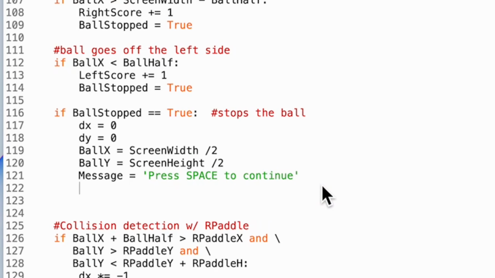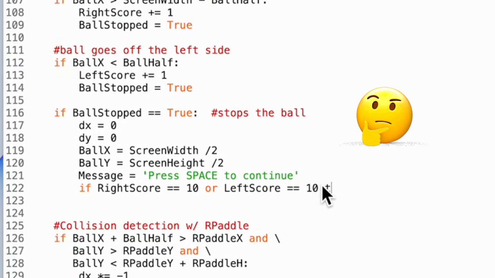So what I'm gonna do here is say if right score is equal to 10 or left score is equal to 10, then